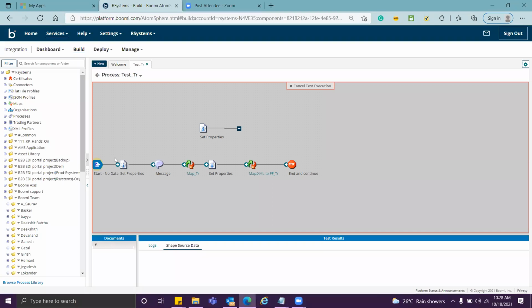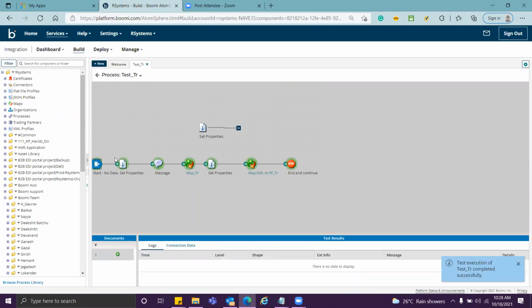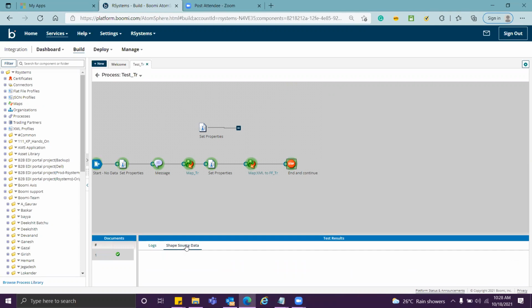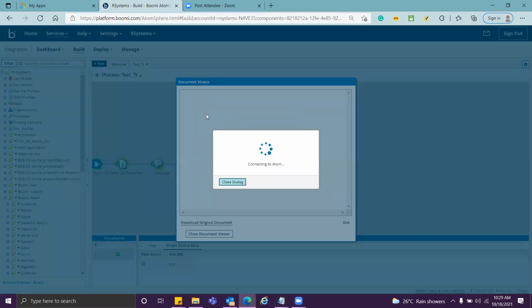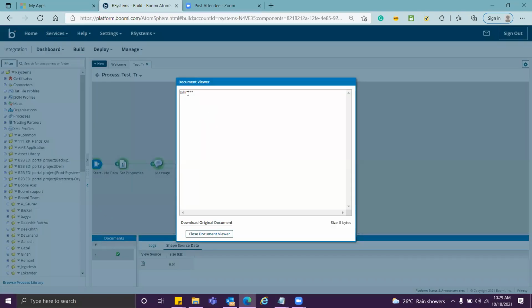So both of them actually function in the same way, like dynamic process property and dynamic document property. They function in the same way, but the only difference is that my dynamic document property cannot be fetched on a second branch. All right. You always have to remember that. If I click on this, see, my first name has come as John. That's what we have said, and that's what we have retrieved from the map.